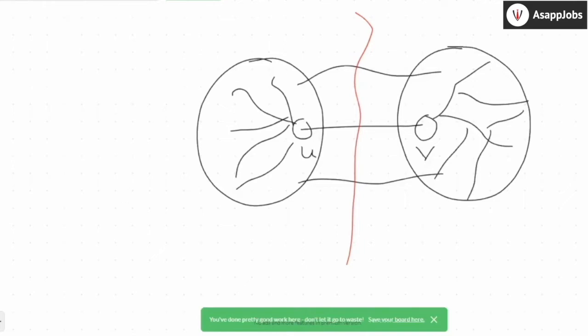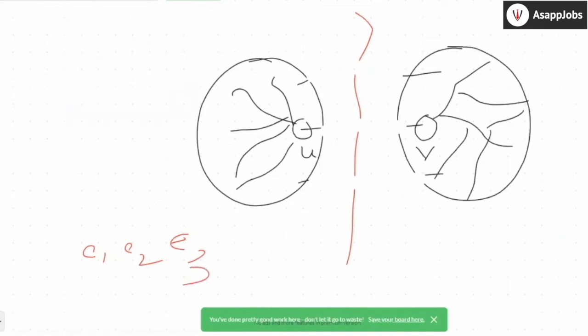Now I have to figure out the minimum path, right? If I want to connect these two, let's say you remove all the edges which are over the red line. So I remove this edge, this edge, and this edge. Now the graph is disconnected. What is the minimum edge that I should add so that the graph becomes connected again? You can say edge 1, edge 2, edge 3, right? You want to add an edge to this graph so that it becomes connected again.